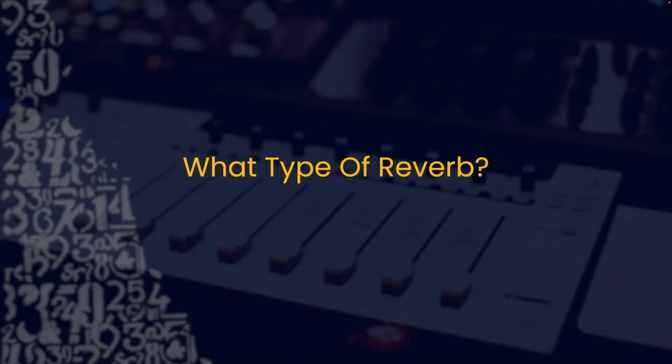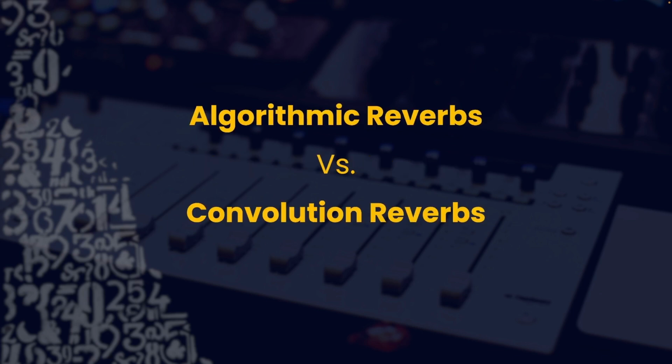There are two types of reverbs that exist in the DAW and plugins. And these are algorithmic versus convolution reverbs. So algorithmic reverbs is essentially, as the name would imply, just an algorithm. It's taking in sound and then using an algorithm to produce some sort of reverb on the back end that is meant to loosely relate to a real life space,